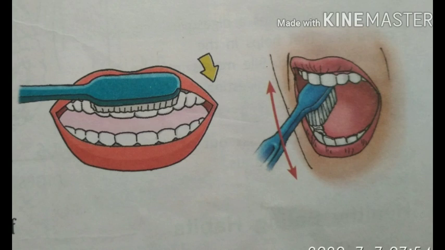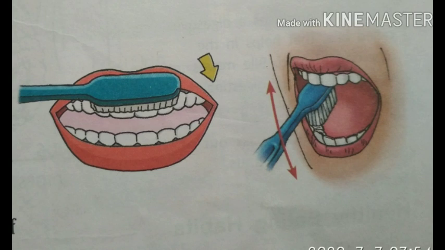First, you have to brush your teeth twice a day, in the morning and at night. Then you have to clean both the inner and the outer surface, as well as the upper teeth downwards and lower teeth upwards. Then you have to brush the chewing surface of the molars and the premolars, as they are flat and broad. So you have to clean your teeth properly.